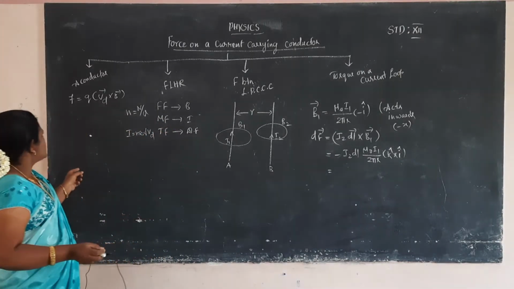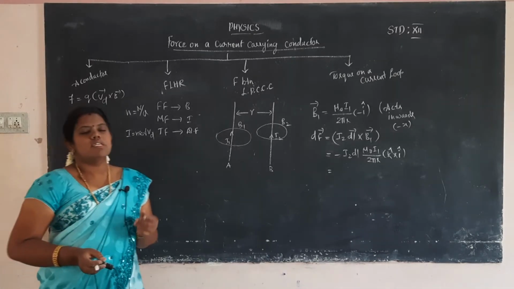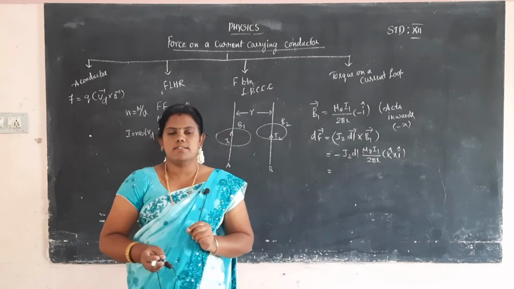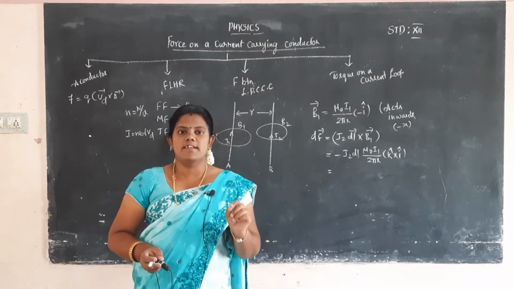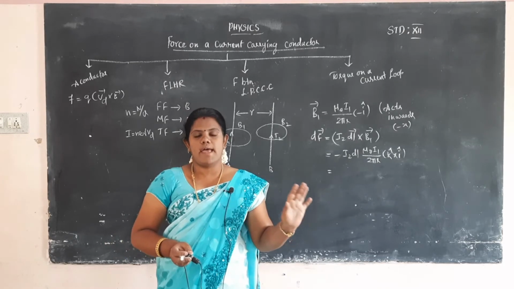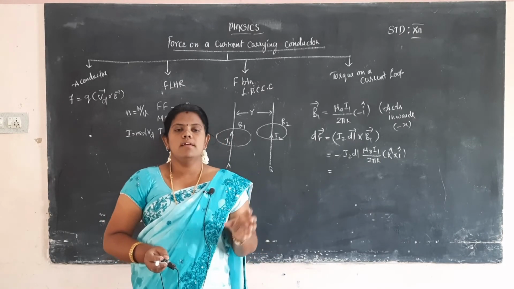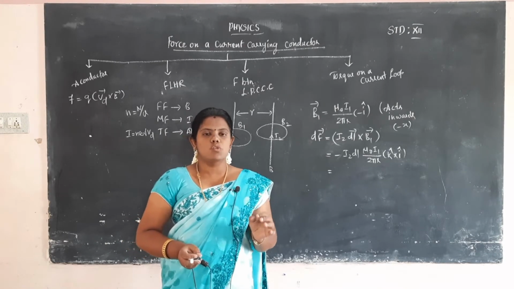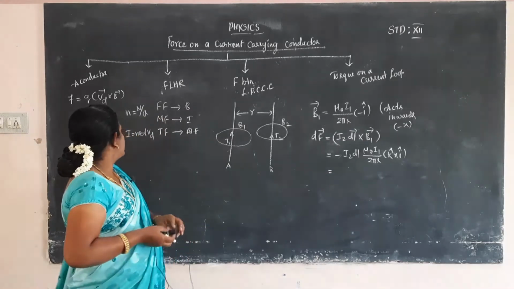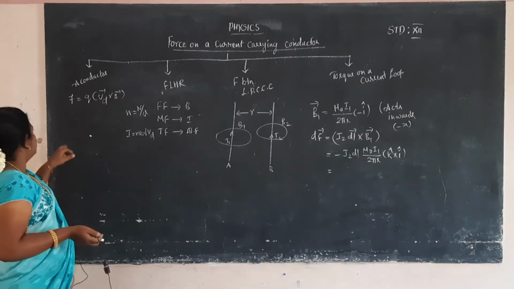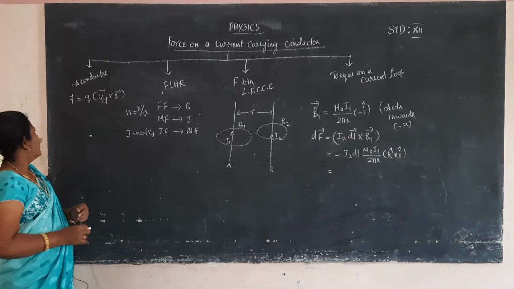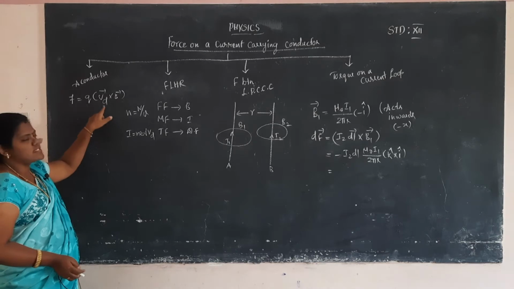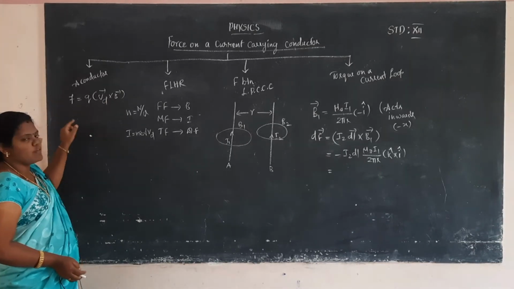So first, what is Lorentz force? If a charge is at rest in a magnetic field, no force arises. One particle, one charge, in a rest position, no force acts on it in a magnetic field. But if the charge is moving in a magnetic field, definitely a force arises, and that is called the Lorentz force. I explained the Lorentz force in the previous videos. The Lorentz force F is equal to Q into Vd cross B, that is charge, drift velocity and magnetic field. This is the formula for Lorentz force.